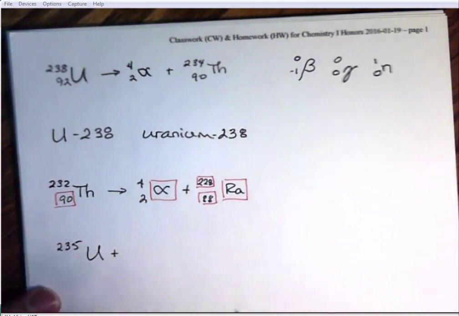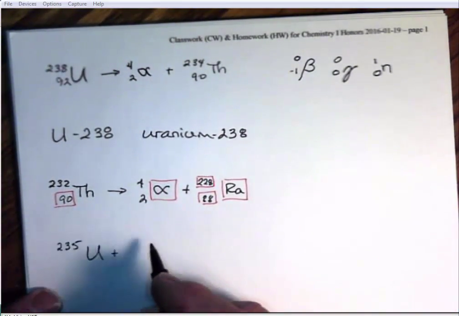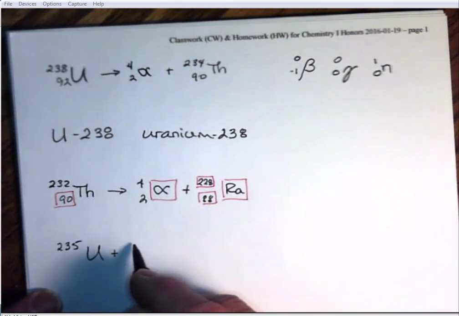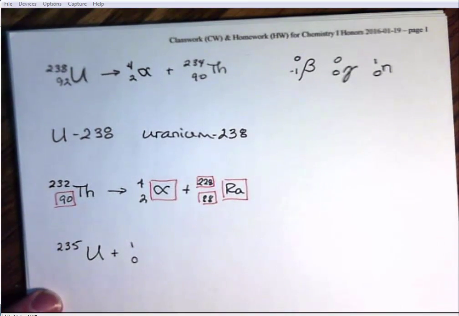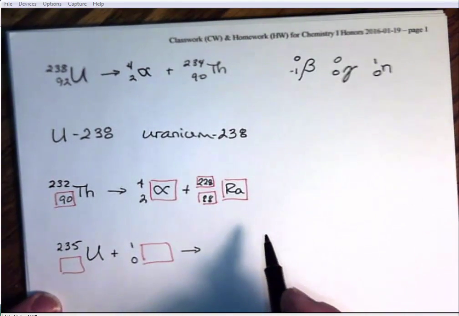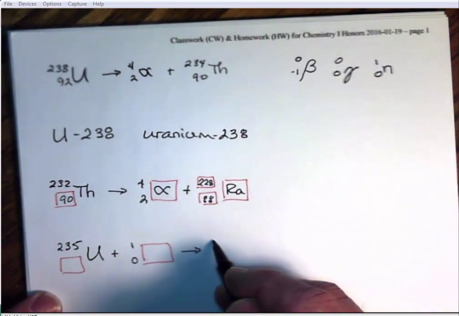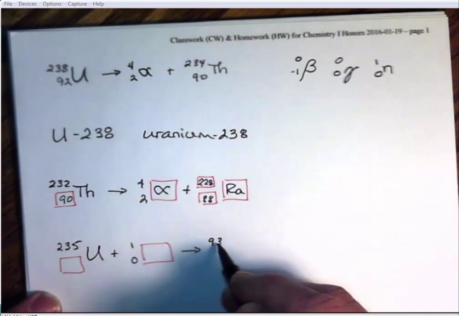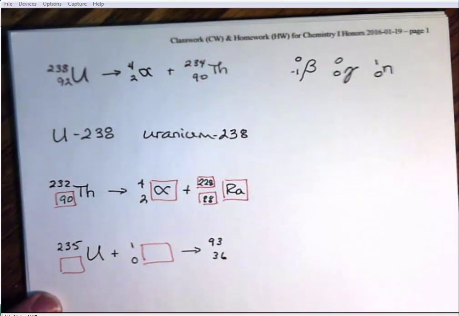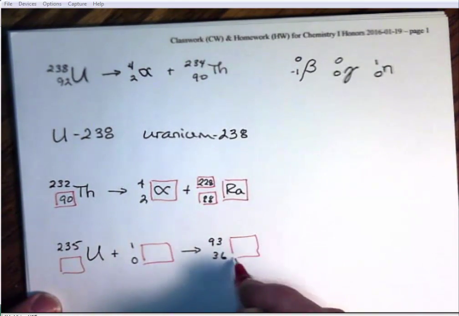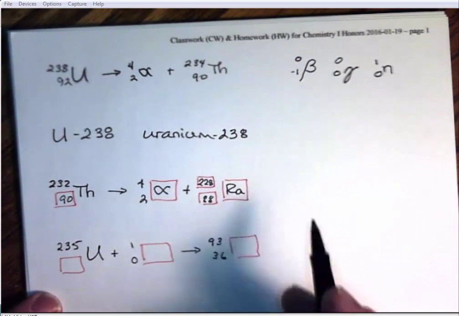Okay, so we're going to add to this nucleus something that's going to make it break apart. And let me give you these numbers and you can figure out the rest of it, okay? We're going to let you fill in the rest of it. All right? Now, as a result of doing that, we're going to get some larger chunks of stuff. So let's see. Let's say we got an element over here that has a mass of 93. And let me give you the atomic number and you can figure out what the element is. Well, this is the isotope, but you're looking for the element. And then you're going to get another big chunk,